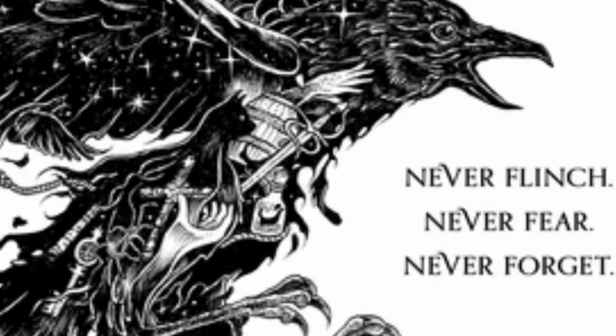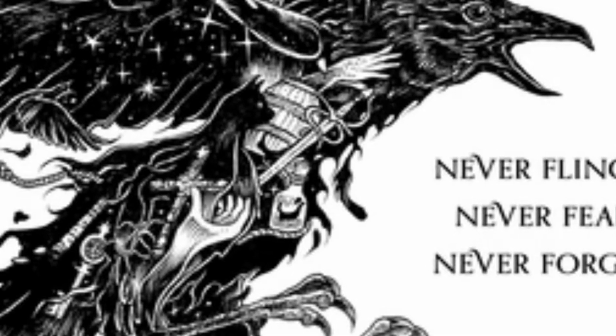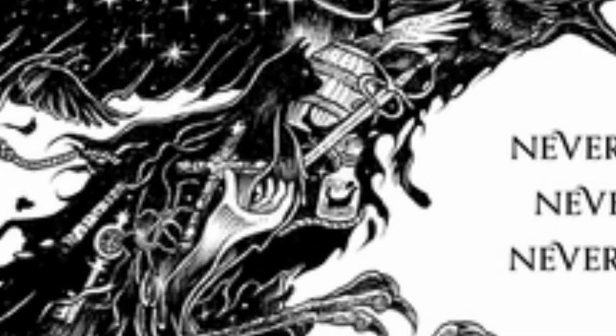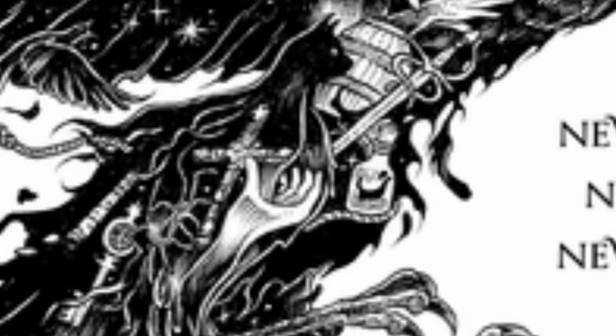I'm guessing that represents Mia, but what I really love about this illustration is that it has so many little hidden things in it. So if you zoom into the middle of the crow, you can see there is actually a shadow cat, which is Mr. Kindly in there. There's a barrel, there's a hand, there's a sword, a bottle I think, and a key. There's loads of things in there that are obviously representing different things that happen in the story, and I like that